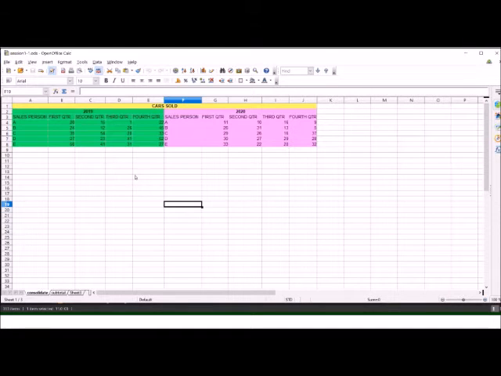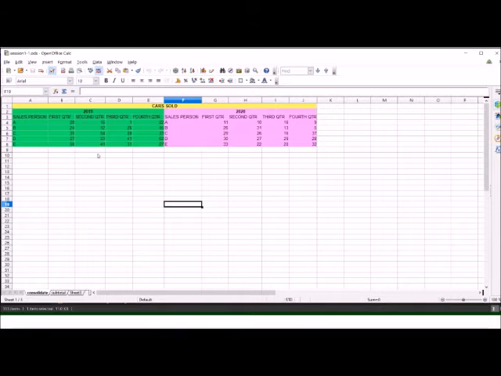As in this example, I have taken 2 ranges in a single worksheet and I want to consolidate these 2 ranges by getting the total of cars sold during different quarters in 2 different years.